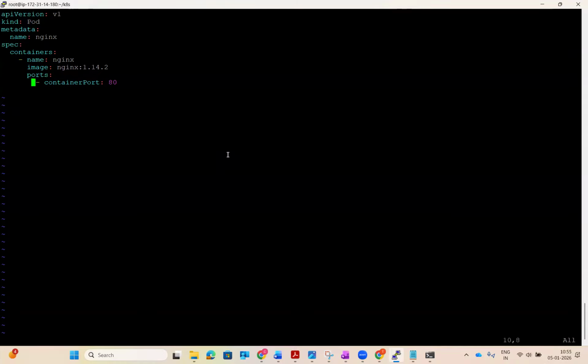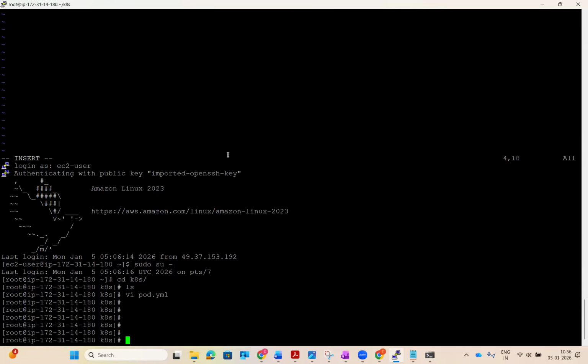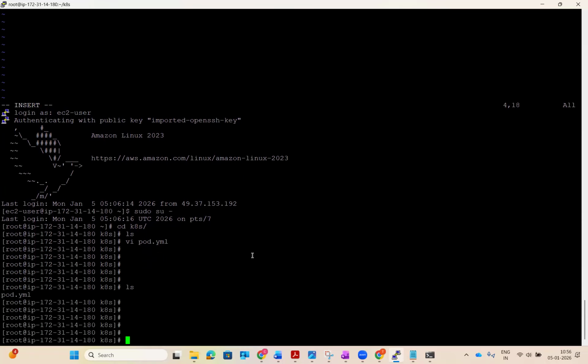Now let's save and come out of this. To save it, the command is :wq, the same one that is used via the editor. So now what I'm going to do is I'm going to run another Kubernetes command,